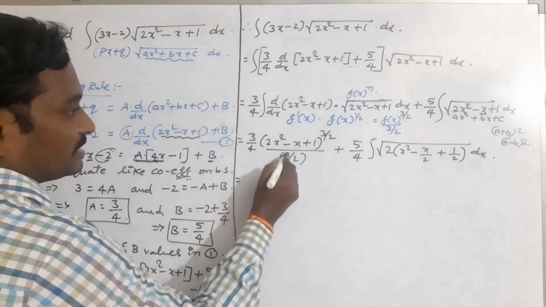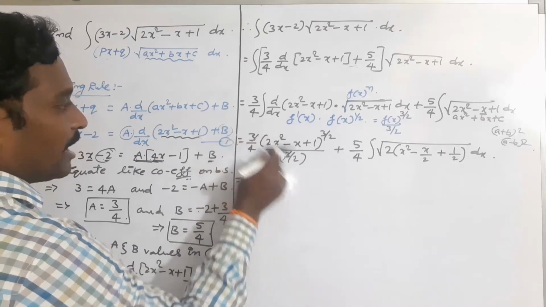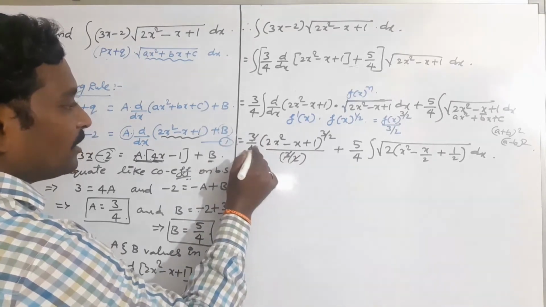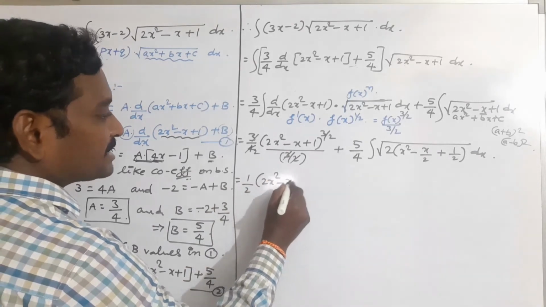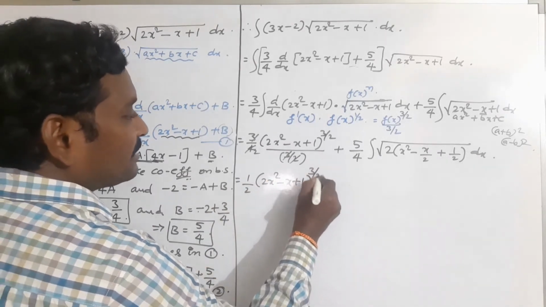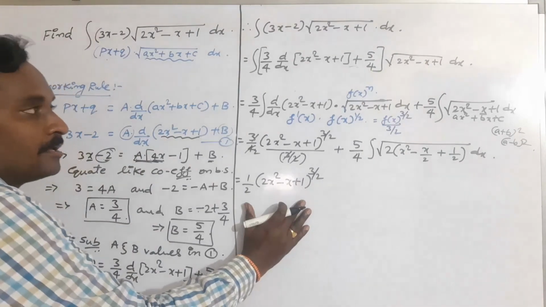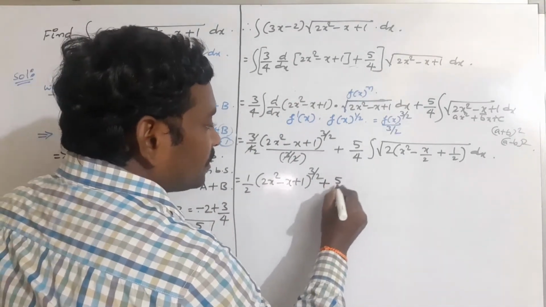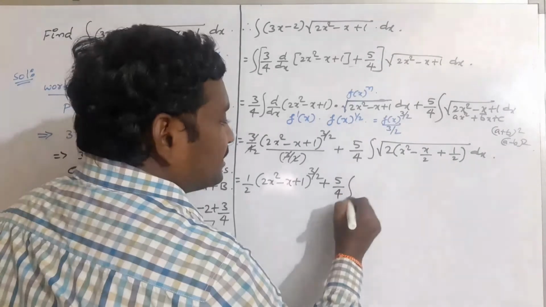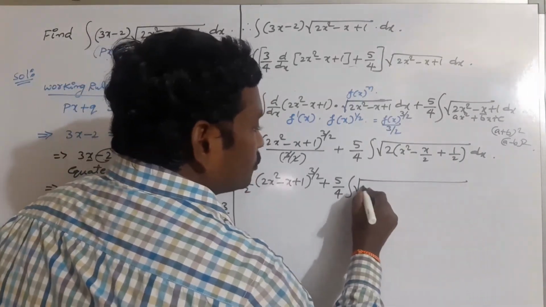We are observing that this 3 is getting cancelled. We have 2 by 4. 2 by 4 is nothing but 1 by 2. So 1 by 2 into (2x square minus x plus 1) whole power 3 by 2. So the first part is completed. Integration of the first part is completed, plus 5 by 4 of integration of root over 2 of,